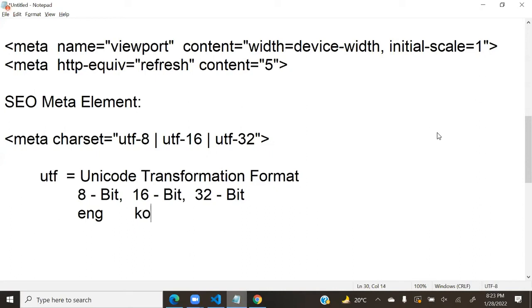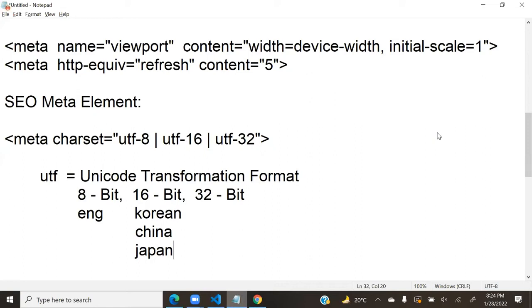Heavy character set means Korean. Heavy character set means Chinese. Heavy character set means Japanese. You have seen those websites, Japanese, right? Usually these languages have a very heavy character set when compared to English. Then robots will understand that, okay, this is not English. Then they will identify that this is coming from some other language, and they will read that language, and they will also ask you, do you want me to translate this page?